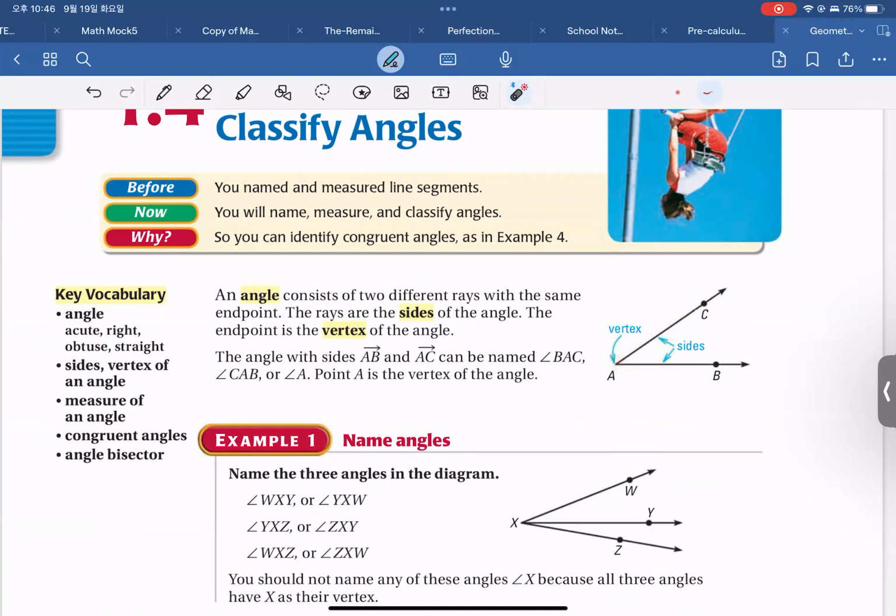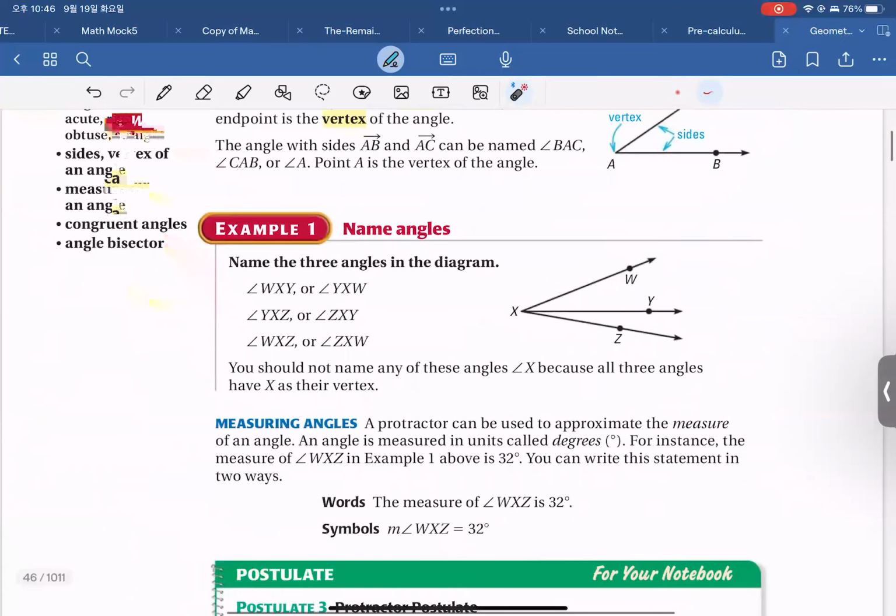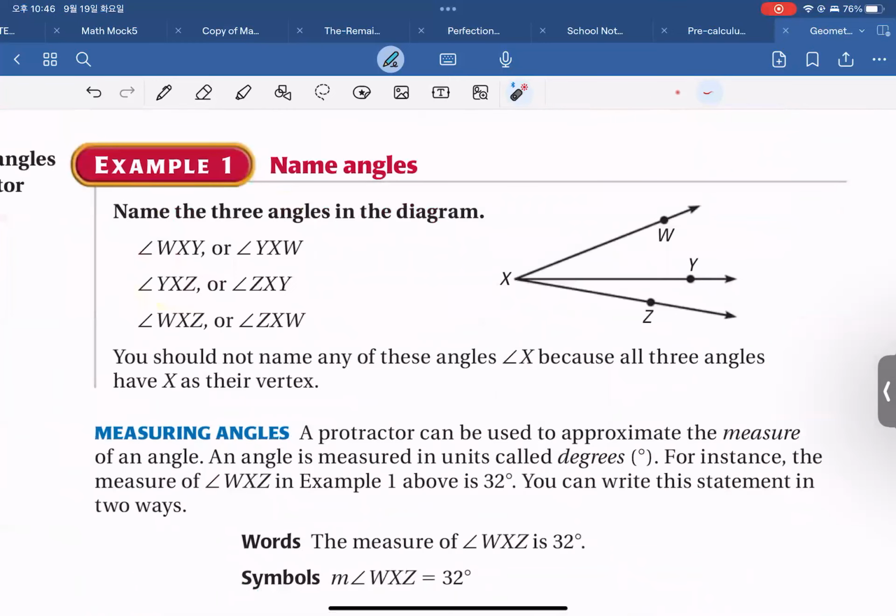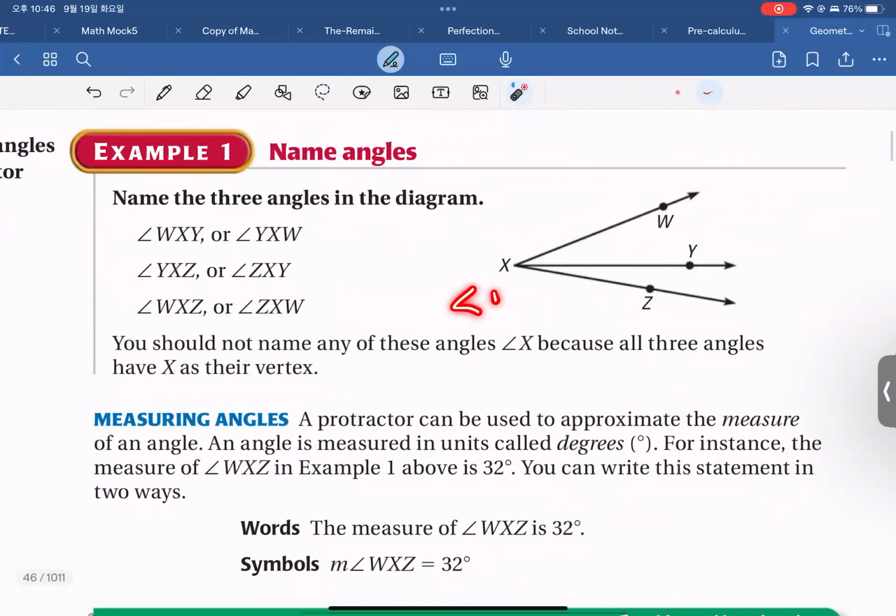If you were to talk about a right angle, then this would be the vertex, and so on and so forth. So when you're naming angles, because this could be confusing at first, you always have to put the angle that you're referring to in the middle. So what do I mean by this? If you're trying to refer to this angle here, then you have to say angle WXY